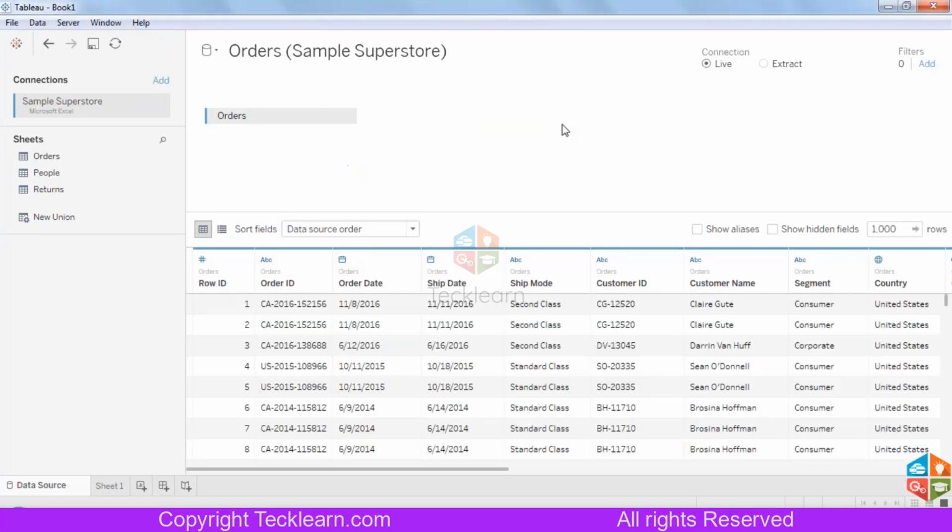Whenever you want to refresh data, it will automatically refresh when connected through a live connection. If I close this connection and next time start working on this dashboard again, when you double click on that workbook, it will again ask you for your credentials and the hyperlink of that data. Dynamic behaviors and elements are those elements that we have seen on that dashboard. So those two things are a little different.